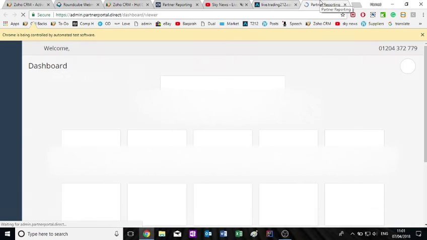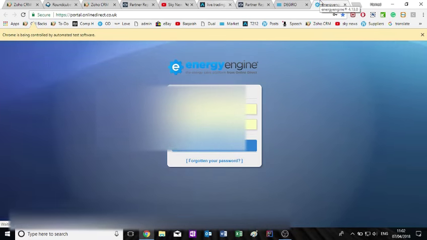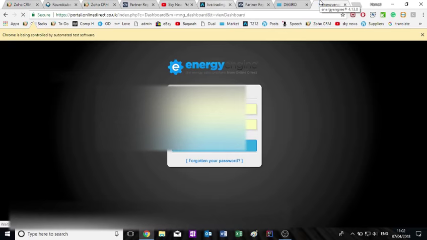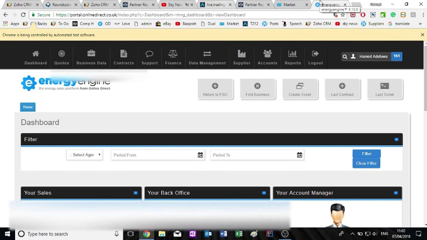Then it will open up my Trading 212 investment account, log me into my admin portal again, but this time to check my commission. Then it will log me into my DeGiro investment account as well, and then log me into another supplier that I use and get me to check their contract status. So literally that's